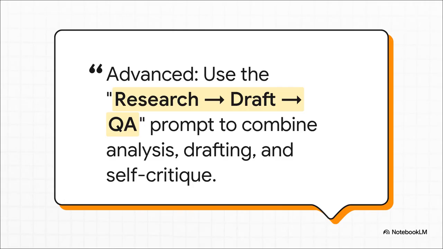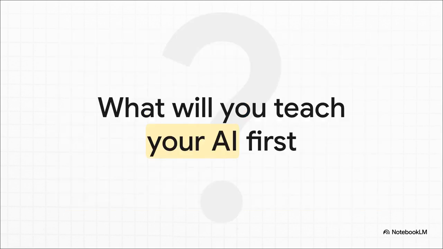And hey, for those of you who want to take it even further, there are prompts that combine all these steps. A single command can tell the AI to do the research, draft the post, and then, this is the cool part, critique its own work for any risks or weaknesses before it even gives you the final version. It's incredibly powerful stuff. We've gone from generic fluff all the way to a full strategic system. You now have the prompts and the workflow to create social media content that is authentic, that is data-driven, and that is truly effective. So the only real question left is, what's the very first thing you're going to teach your AI?